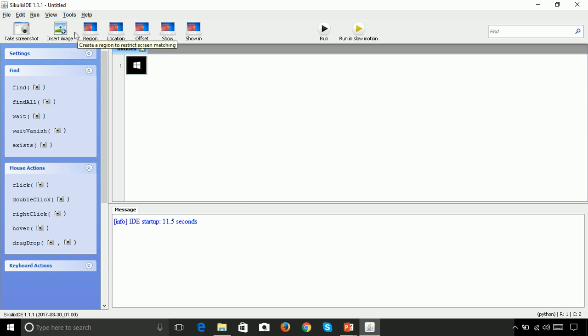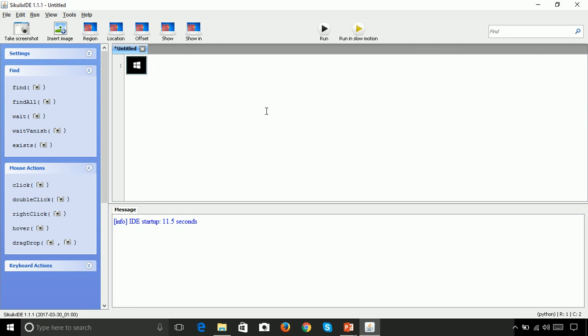You can set up and maintain visual workflows, including capturing and organizing the needed images, using the SikuliX IDE. To run the script, you can use this button, run. And if you want to see all the steps in detail, then you can use the button run in slow motion. All your script execution messages will be displayed in this message area. In case of error, it will be shown in red. SikuliX IDE, as you see, is very easy to understand and handle.